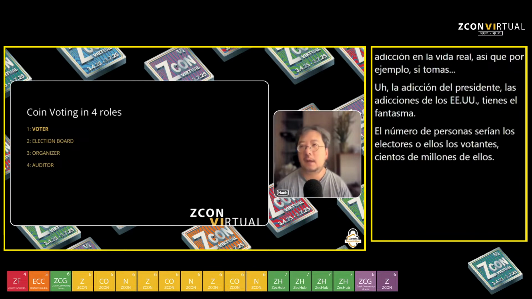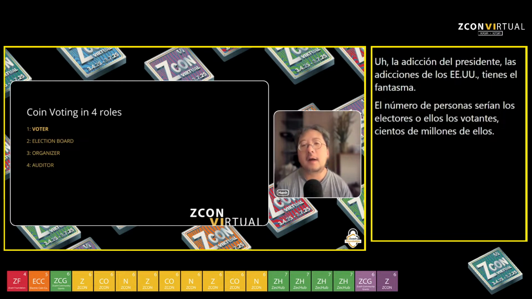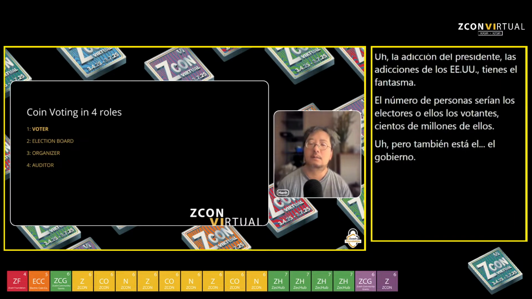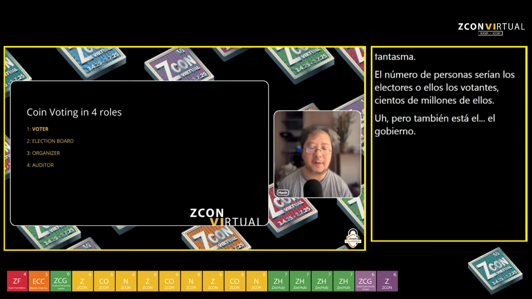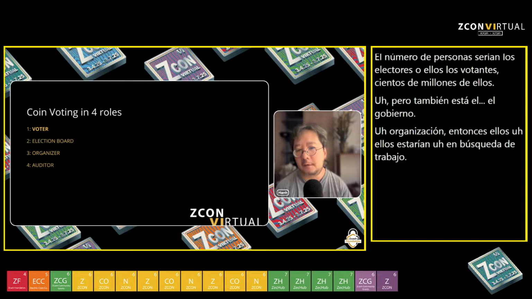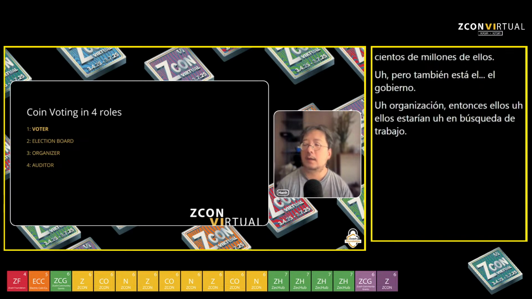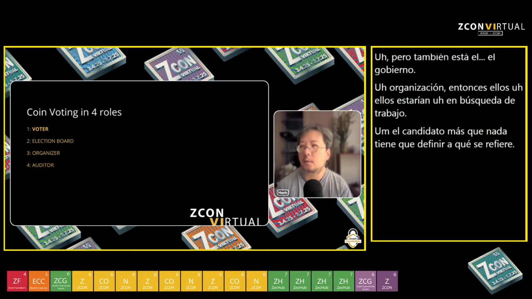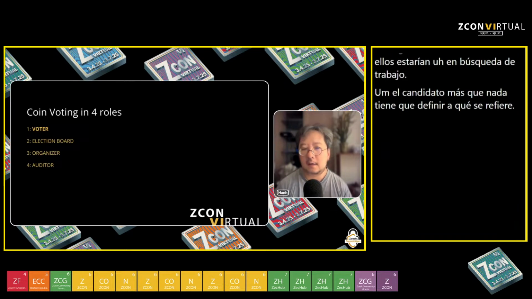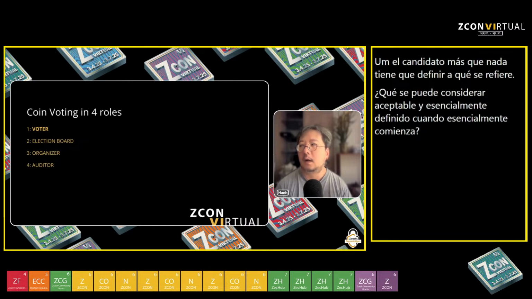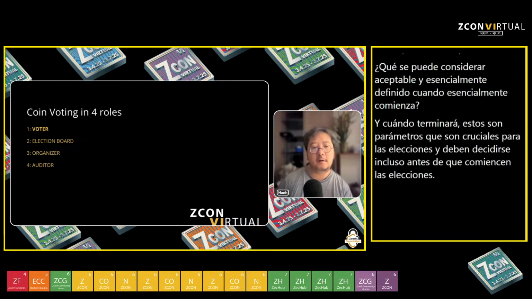But you also have the government. So that's number one. But you also have the government that organizes this election. So they will be in charge of defining the candidates. So mostly by law, but you have to define what you're polling, what candidates are acceptable, and essentially define when the election should begin and when it should end. So these are parameters that are crucial for the election, and that have to be decided before the election even starts. Then the third category, the organizer,